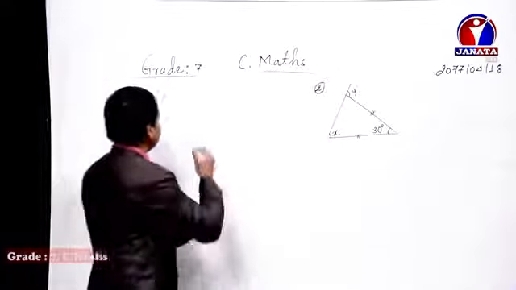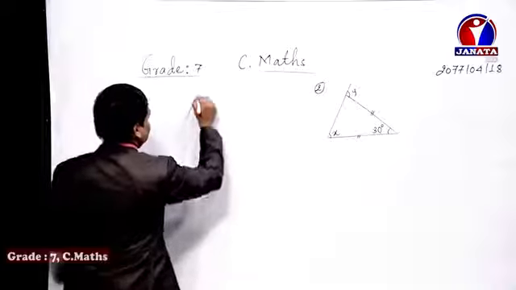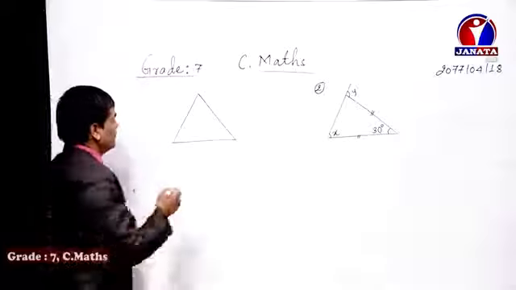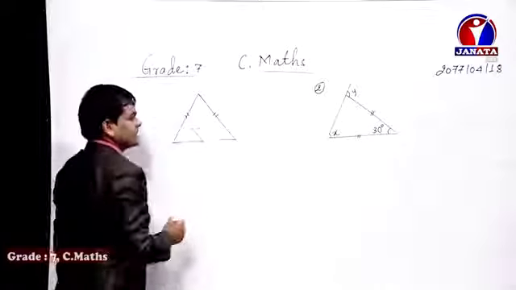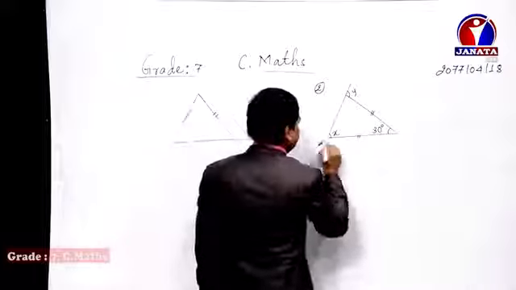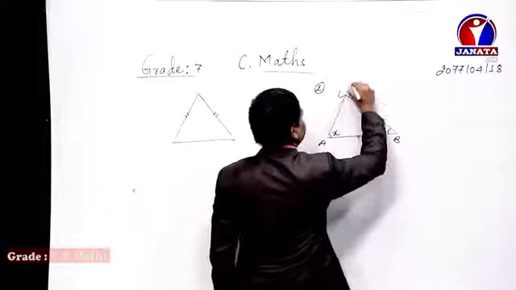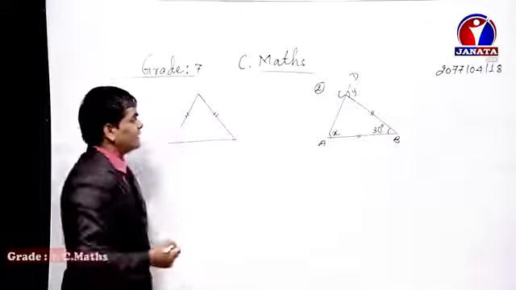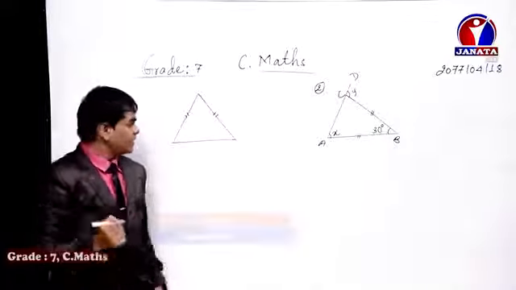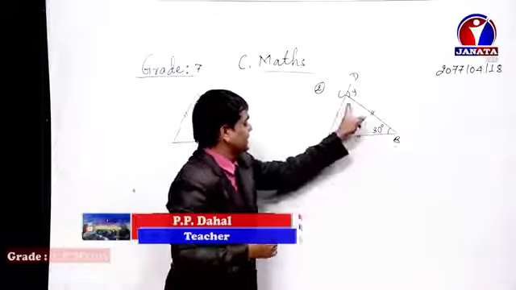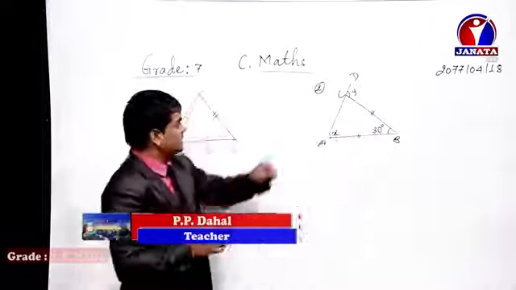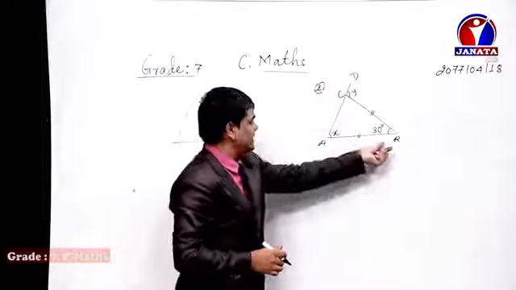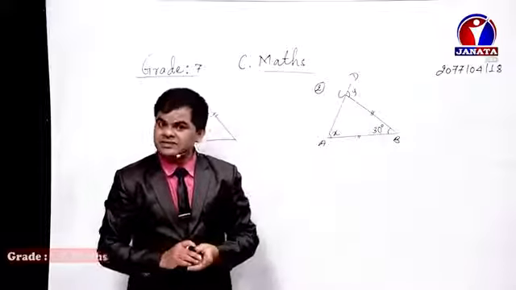Look at here. The day before, we were discussing the different types of triangle, isn't it? If you look at the figure, what is given here? An isosceles triangle. Here is A, here is B, and here is C, and the AC line is extended up to D. That's why I'm going to write D there. If we do not watch the extended line CD and only watch ABC, it is an isosceles triangle.